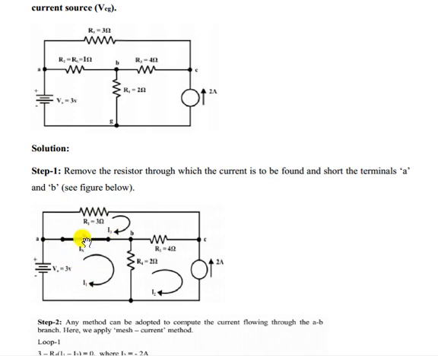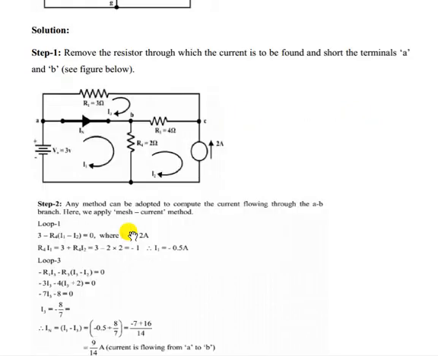Whenever you have to find current, we can apply either nodal analysis or mesh analysis. Let us take mesh analysis in this example. If we apply KVL at mesh 1, what can we write? Voltage is increasing 3. Here there is no resistance. Here it is R4 into I1 minus I2 equal to 0. Now from the second loop mesh, we can see that I2 is nothing but minus 2 ampere. Why? I2 is going downward, and the current source is upward. So I2 equals minus 2 ampere.